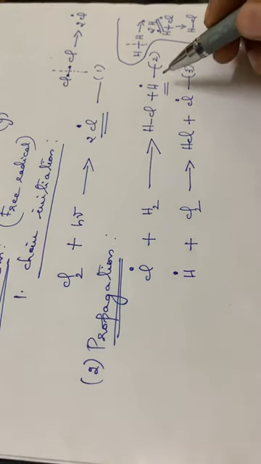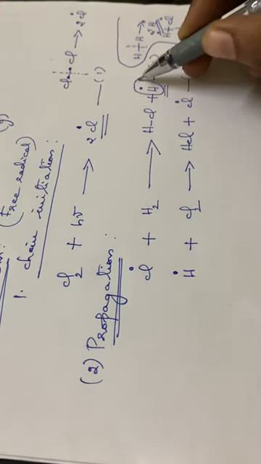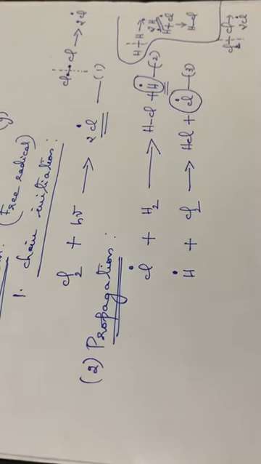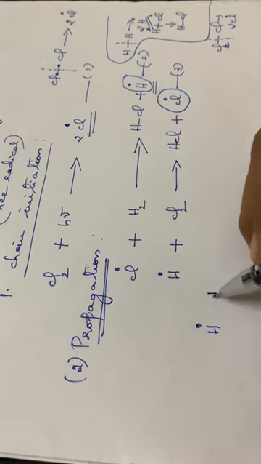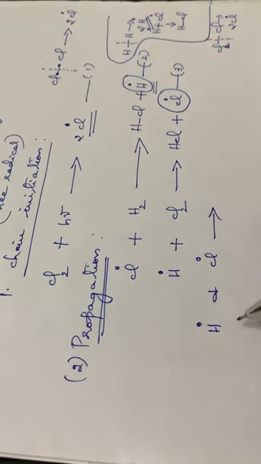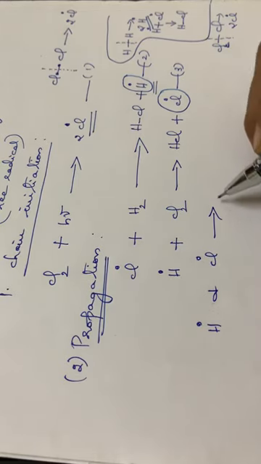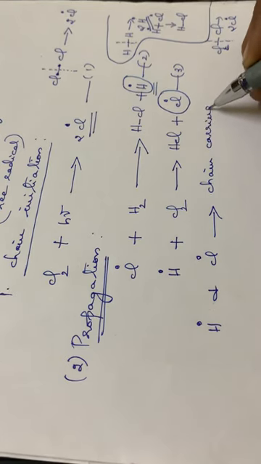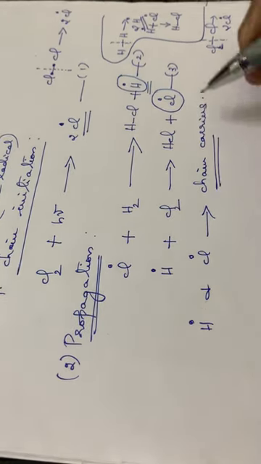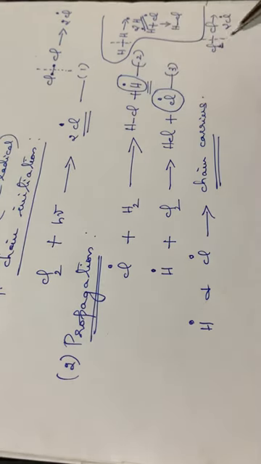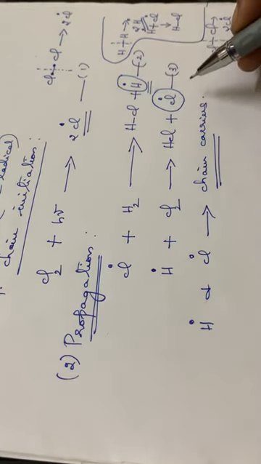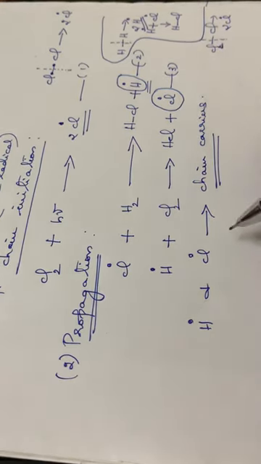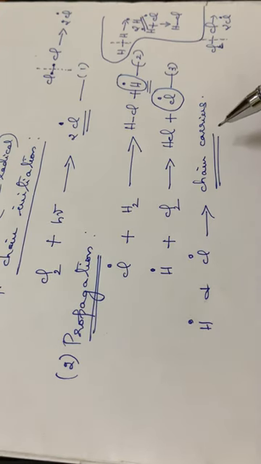So here we can see 2 free radicals we will be obtaining, that is H dot or H free radical and chlorine free radical, isn't it? 2 free radicals are there, that is H dot as well as Cl dot. So we can say that these two are called the chain carriers. This hydrogen free radical and the chlorine free radical are called the chain carriers. So these two radicals will be propagating the chain, or making the reaction go on in a continuous manner. Okay. So here this chlorine as well as hydrogen will be acting as the chain carrier,